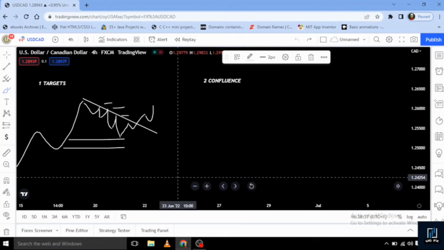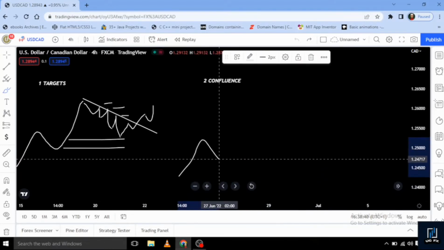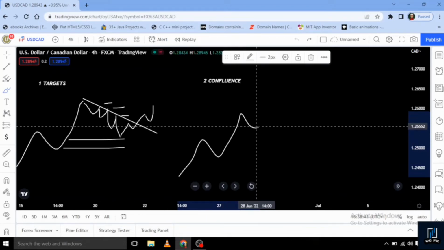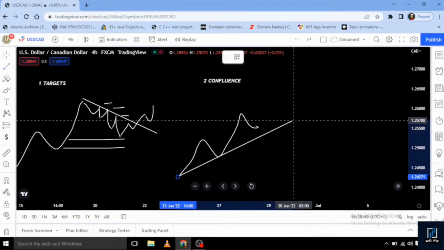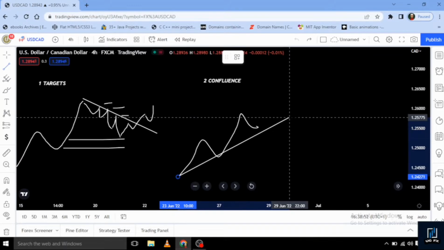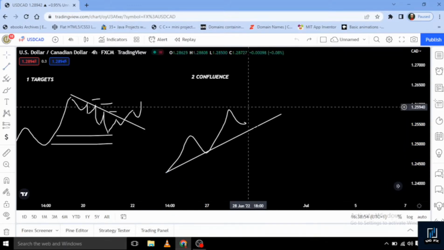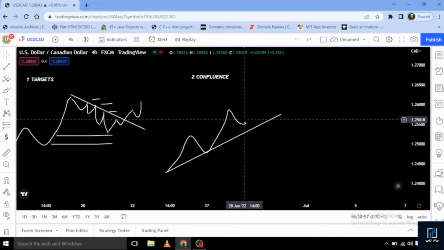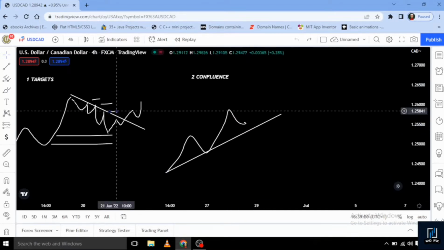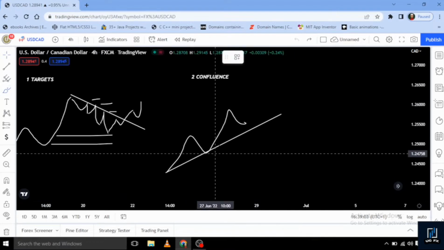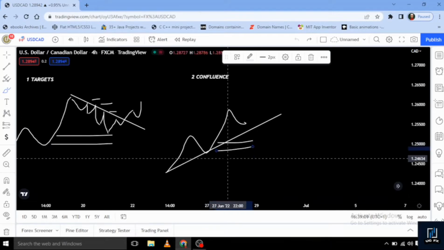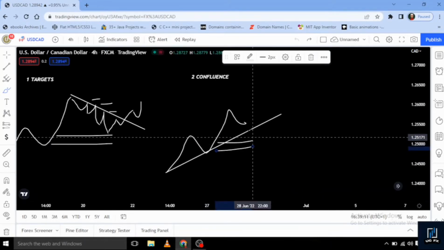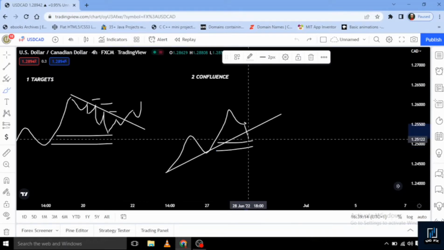So let's say the market is in an uptrend, and then we have our trend line. So what next? We actually need to wait for price to take out this trend line, and we have our demand area or point of interest inside the zone. So what price will basically do is take out this trend line, and after that, it will retest the